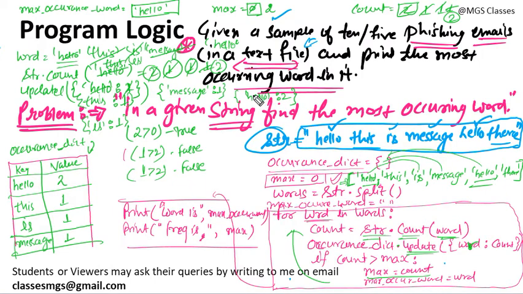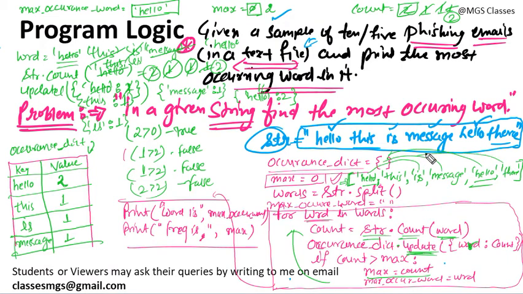Then what will happen? This key is already there in the dictionary, so it will update the value of the key with this new value. So the new value will become 2 again. I am darkening this. This will not be added again because it is already found in the dictionary. The update method, I have already told you, if the key is already found in the dictionary, it will not insert a new key, it will update the value of the key. Okay, so this is how. Now count is 2, is 2 greater than 2? Condition false, nothing will happen, hello is still the most occurring word.